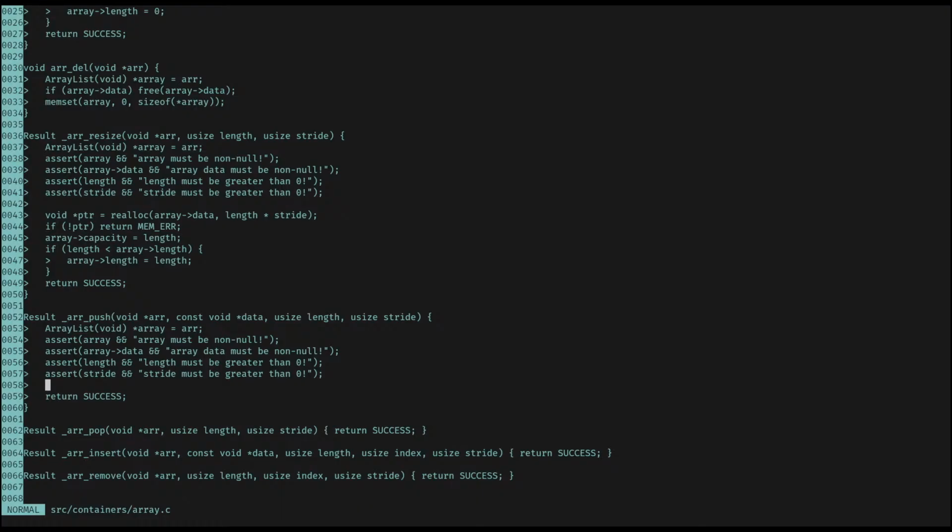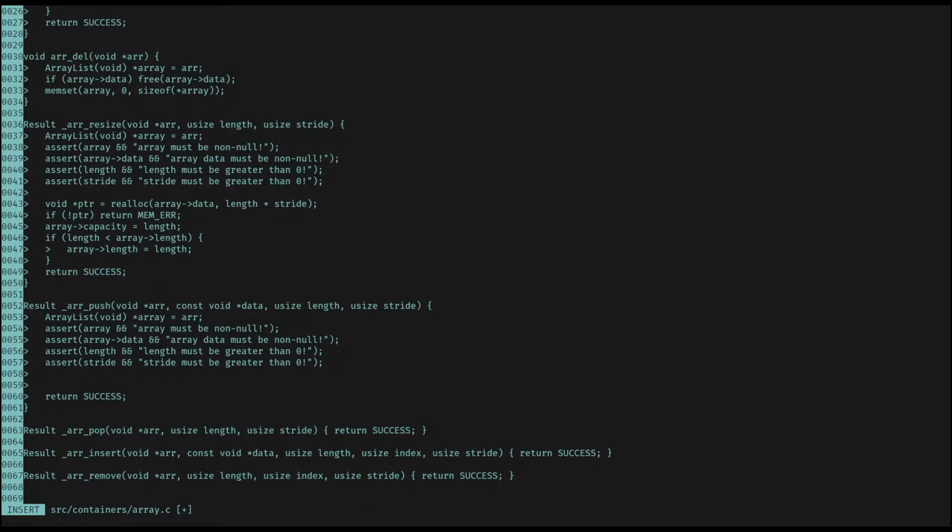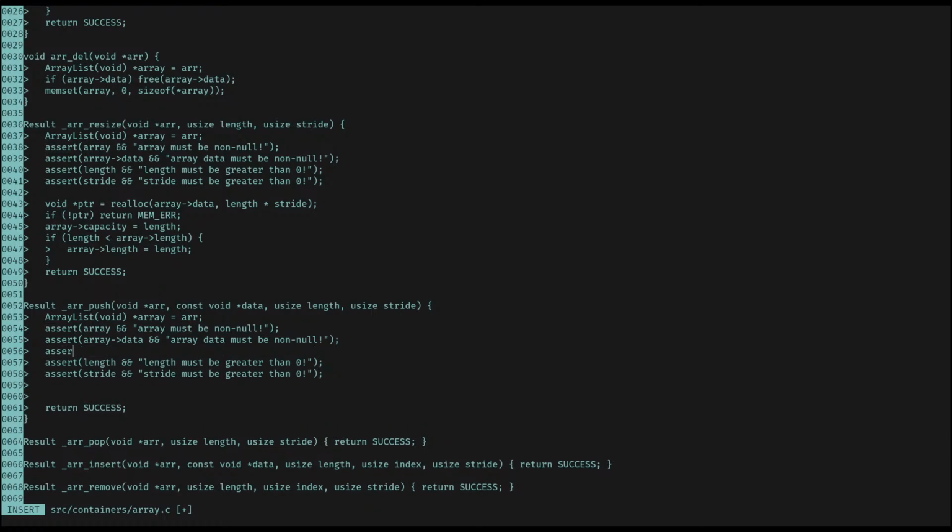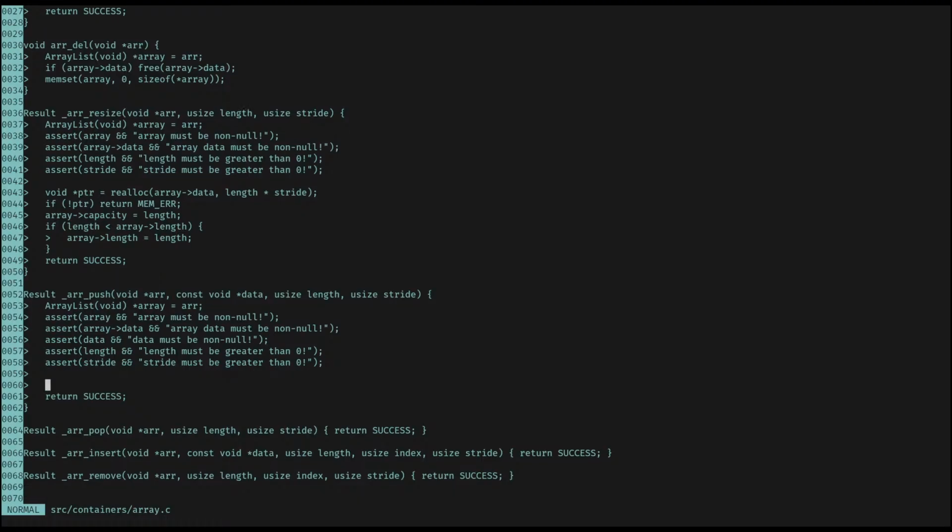All right, let's see. So data can't be null here, so I'm going to have to make sure that I specify that it must not be null. Oops. So it must be not null. There we go. All right. So first off, if array length is greater than or equal to array capacity,